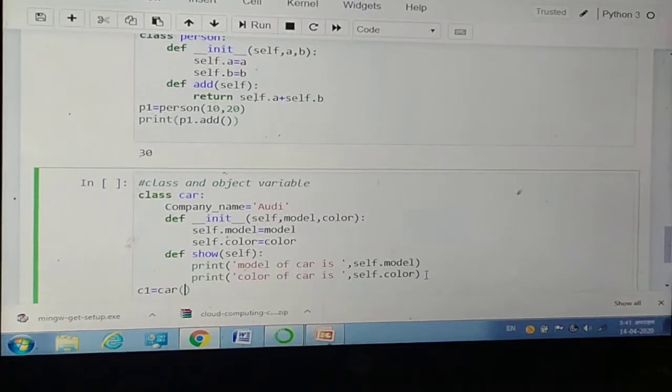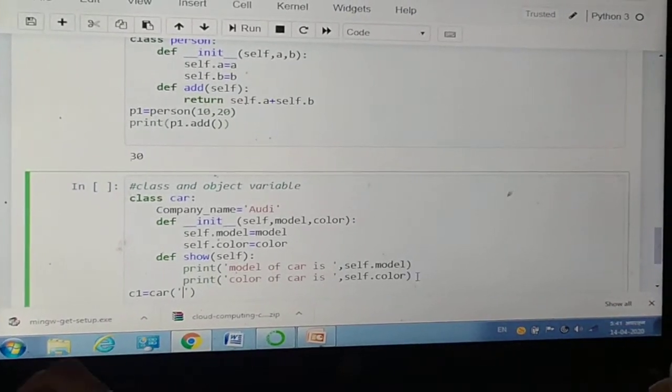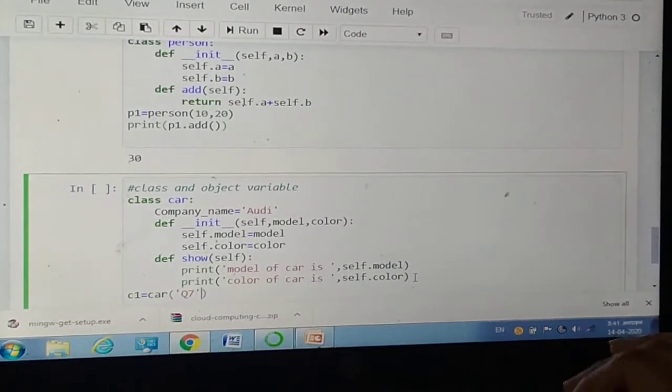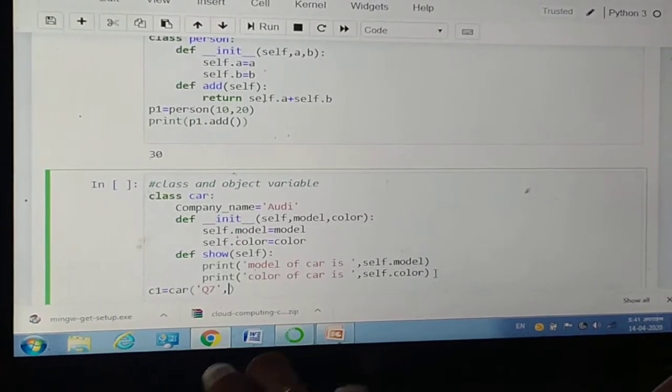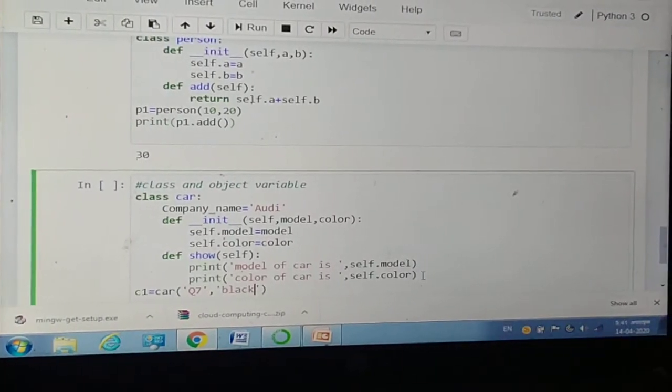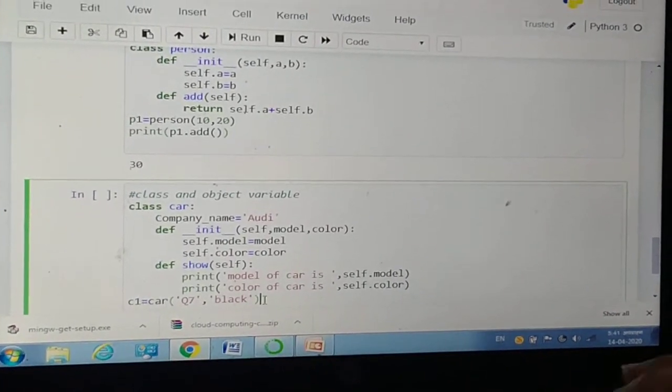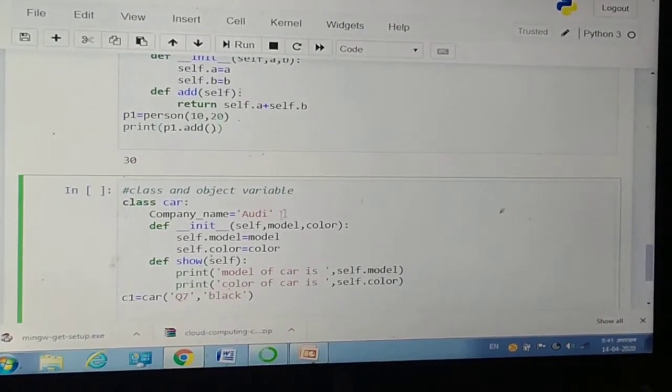Let's take Q7, which is the latest model of Audi, and its color is always black. Now you want to print the company name.